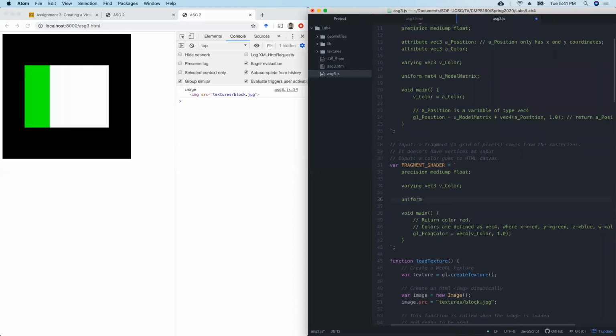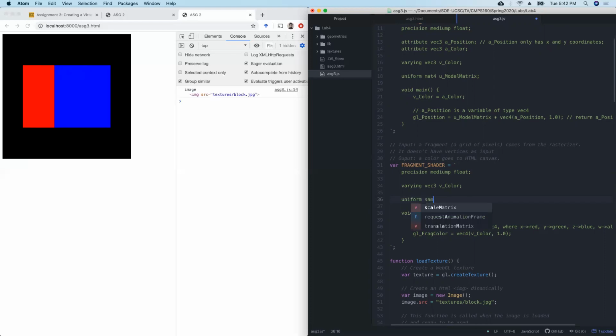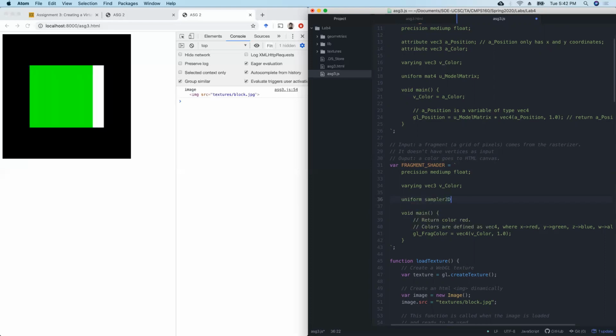So the type that we use for textures is called sampler2D. Okay, this is a 2D texture. I'm gonna call this uSampler. And again, this is a uniform. We know how to set uniforms, right? We know there is some sort of